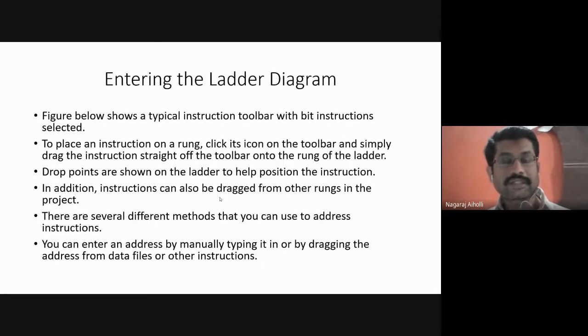Addressing the instructions we have discussed in the previous class, correct? How to address the inputs and the outputs. That is how we are using the word file or the file and how we are denoting that file, how we are denoting the word and how we are denoting the slot or the bit number. Suppose if I write I:5/2, it indicates input, slot number 5, bit number 2. If I write O:7/3, that means for the output in the image table file, it is slot number 7 and bit number 3 in which the status is stored.